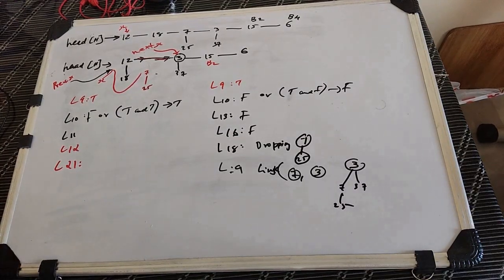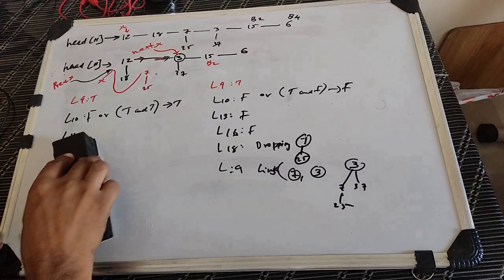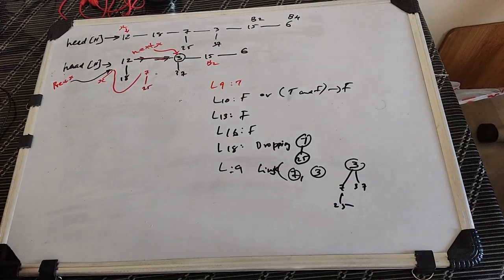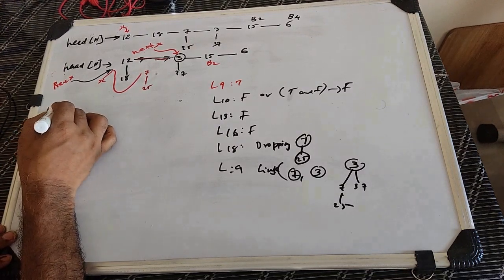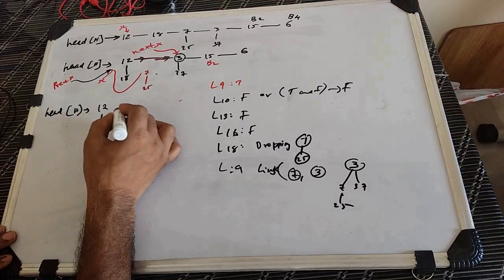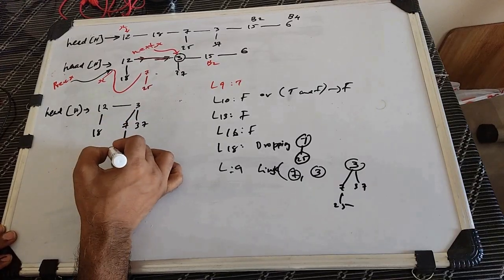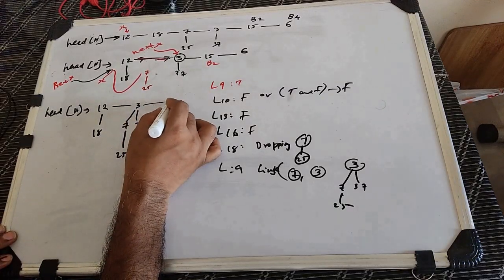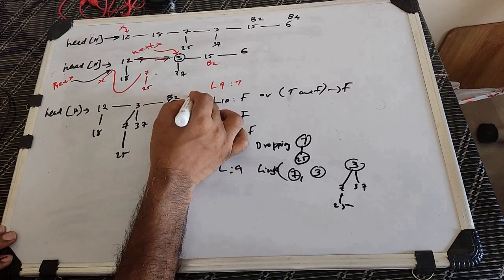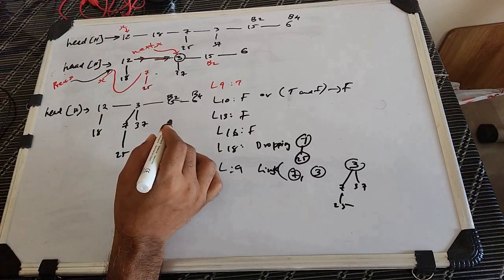So our new tree will be our new heap, binomial heap, will be head of H: 12, 18, then 3, 37, 7, 25, 3, then 15, then 6. 15 is a B2 and 6 is a B4. 6 is a root of B4. 15 is a root of B2. Okay, and